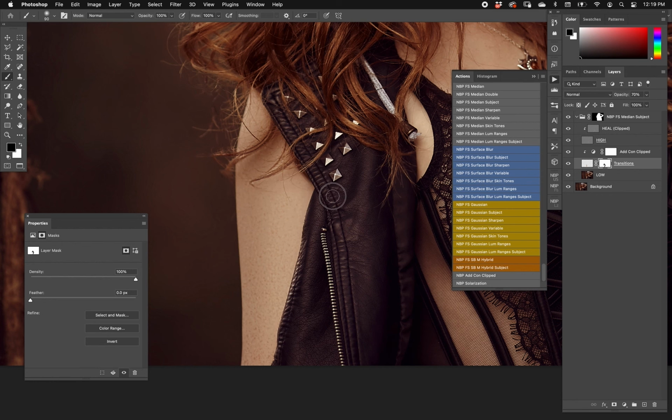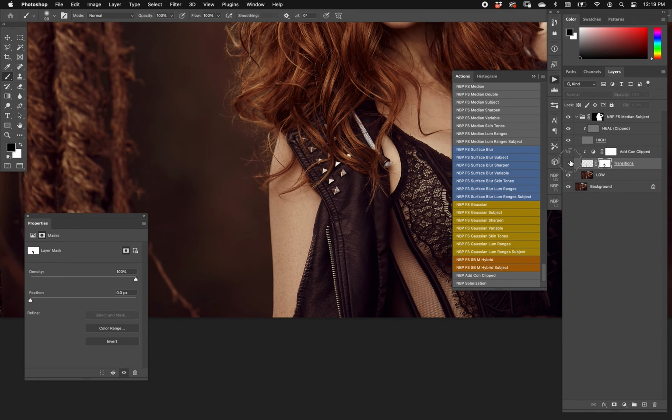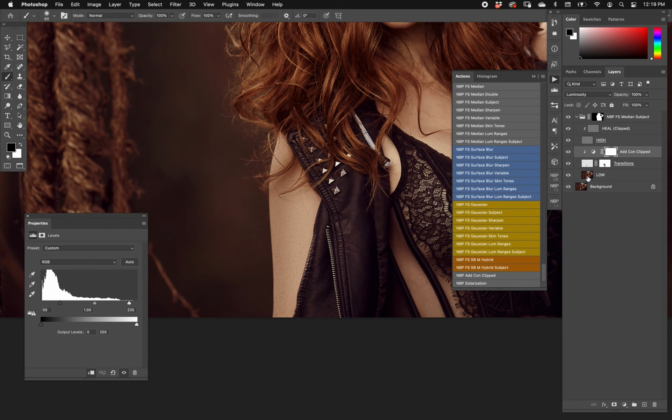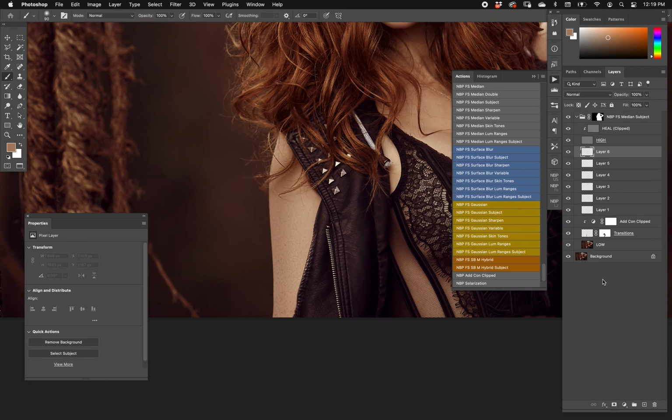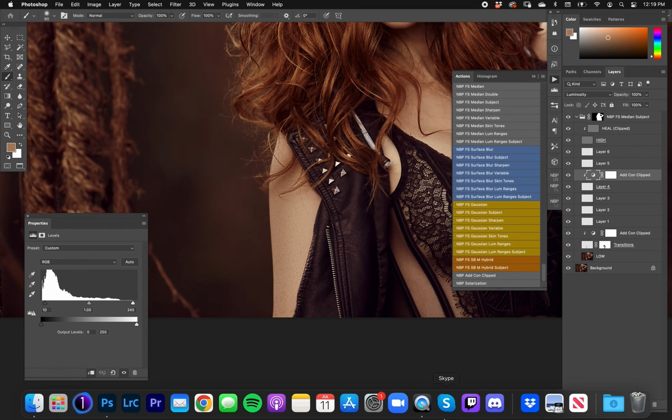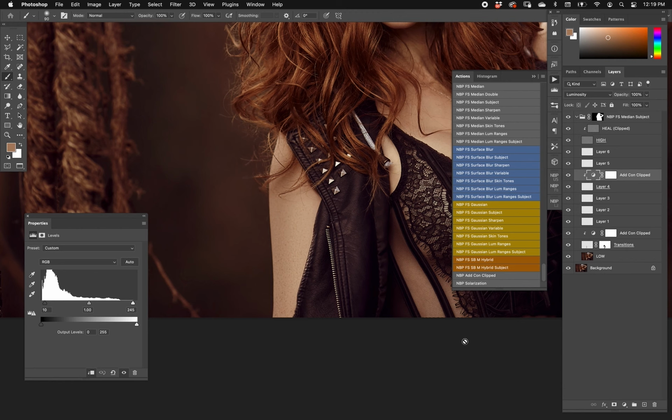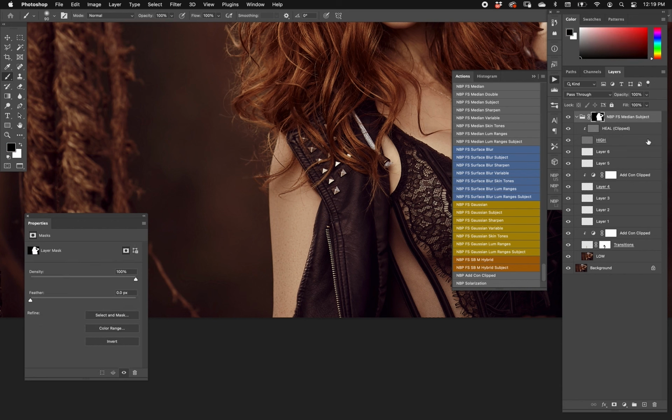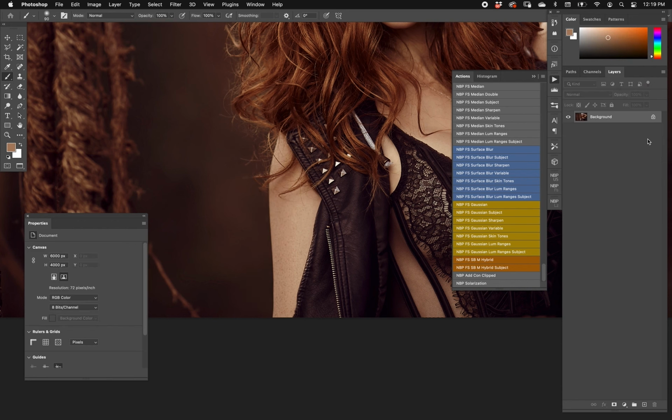Now, I talk about this again in my tutorial videos over the years. It's great to paint entire body parts like this, and then you can control specifically body part by body part on all the different layers, because keep in mind, you can make as many layers in between as you want. Okay, and if you're here and need to add more contrast, just go boom and add contrast, right? It's already clipped down for you, so you're not adding contrast to the entire image. Again, just another option. Guys, I just want to show you all of this because when it comes to frequency separation, there are so many